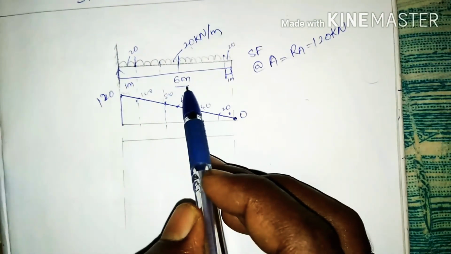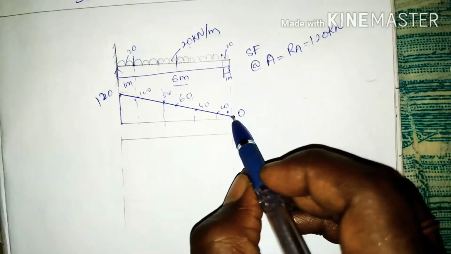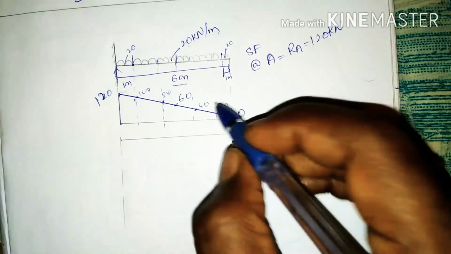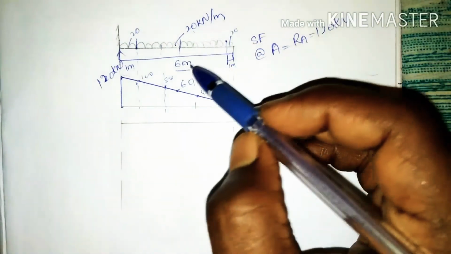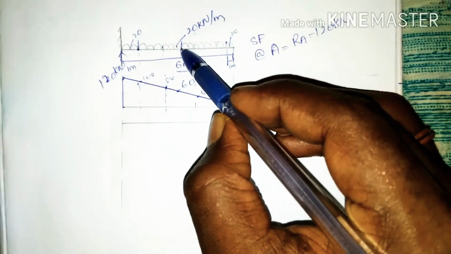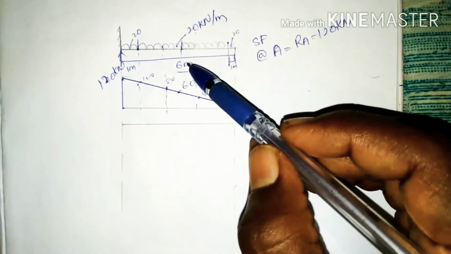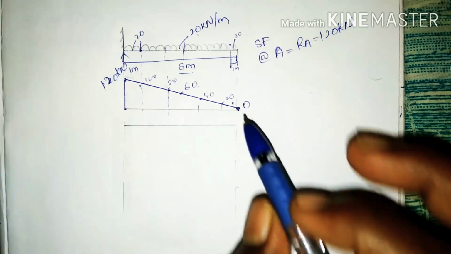When the span is increased, the value of shear force also increases, so the shear force diagram is in a triangle manner, all in kilonewtons. But there is no mention in the question to find the shear force at the midspan or at any point at the span of 5 meters, but it says to draw the shear force and bending moment diagram.